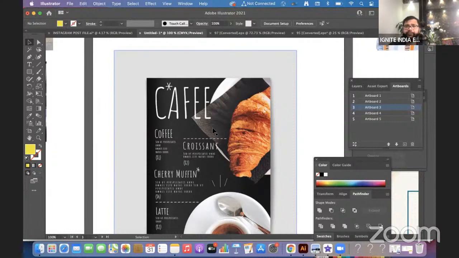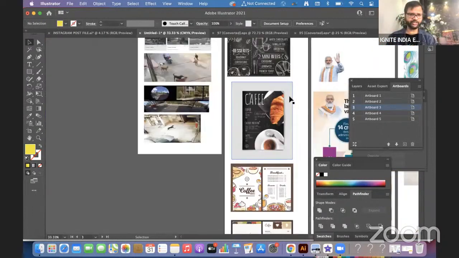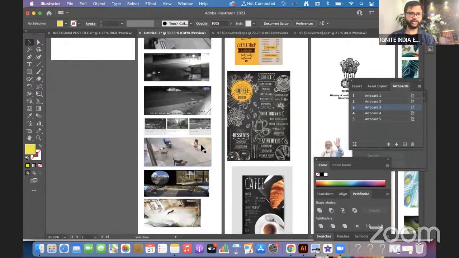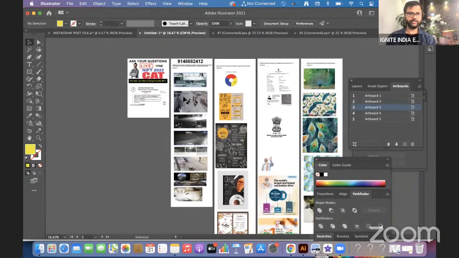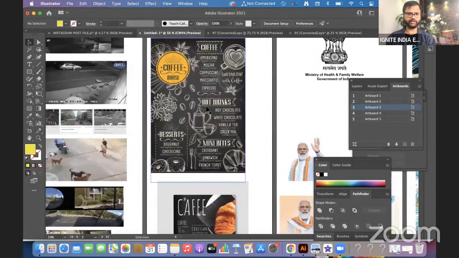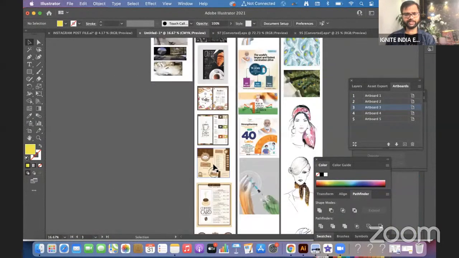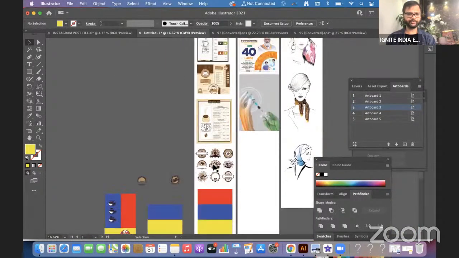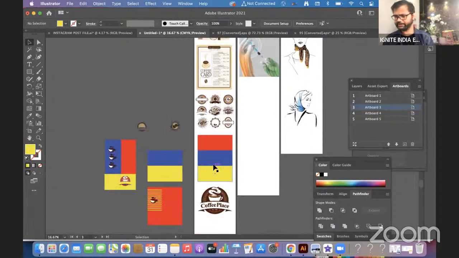So how is the experience, guys? Do you think these are very helpful? If it is helpful, write in the chat box, because of something we noticed, as I told you. One type of question you saw will be top view related, and second, design a menu card, right? It could be a visiting card, or any other thing. Is this making sense? If so, write in the chat box.